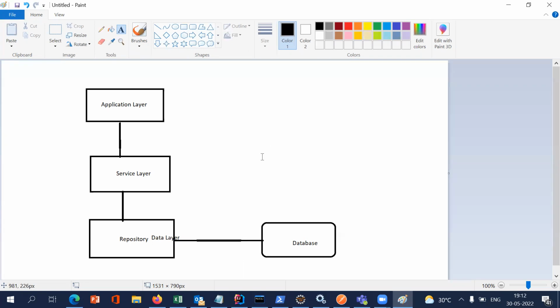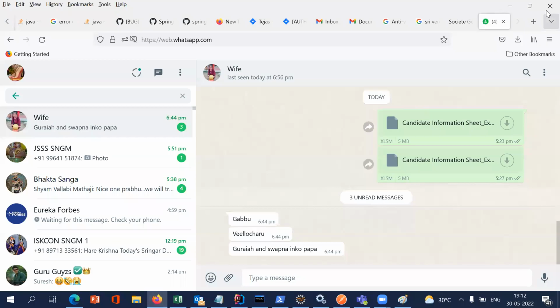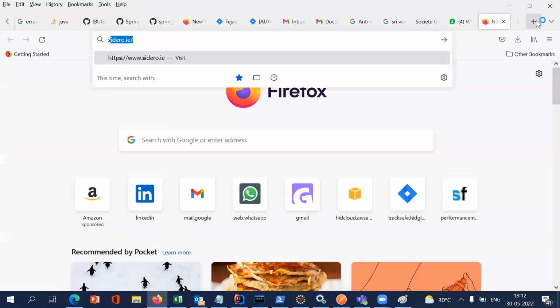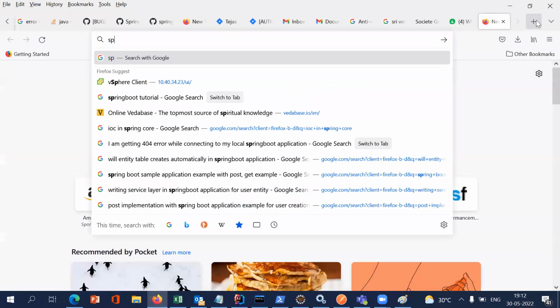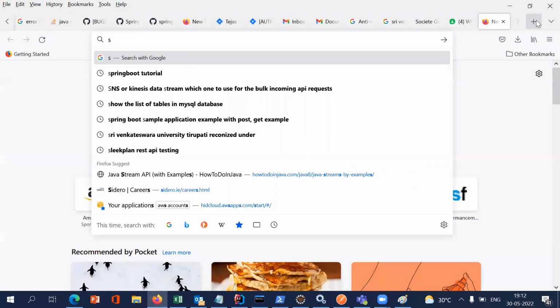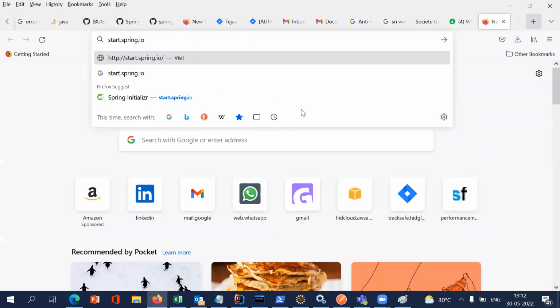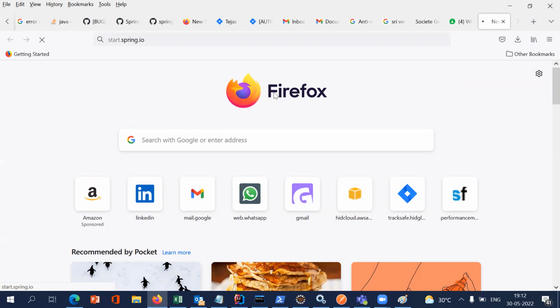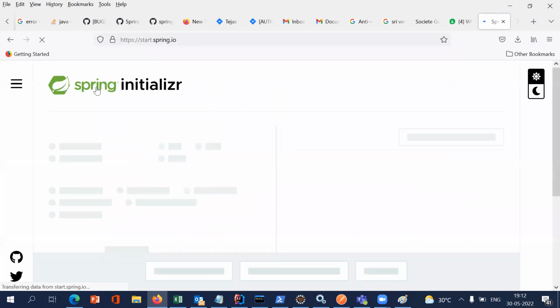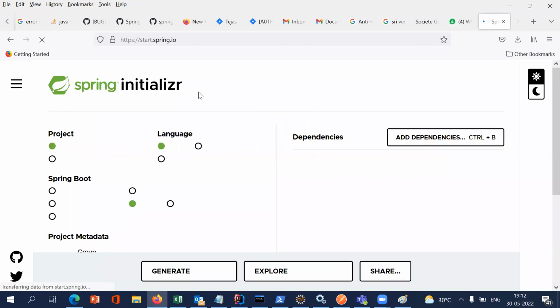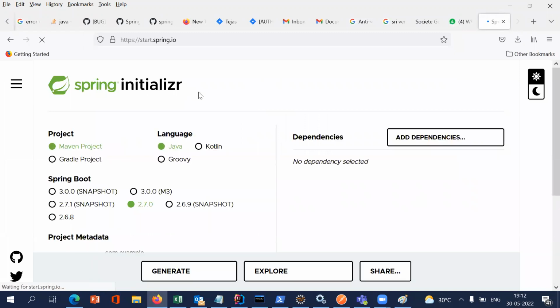web applications. For creating any Spring Boot application, we have start.spring.io. There is a Spring Initializr. This is the Spring Initializr, designed by Spring itself. If you want to develop any Spring Boot project, you can select